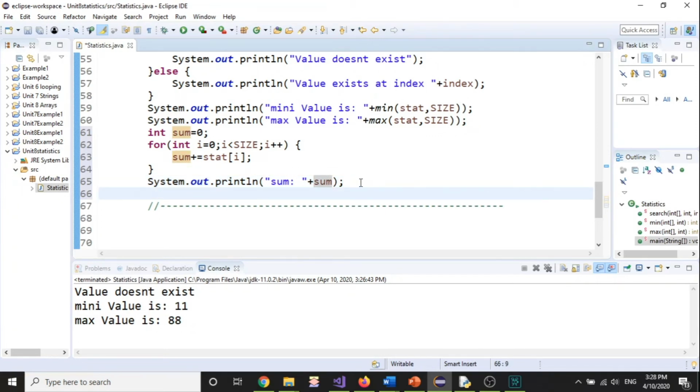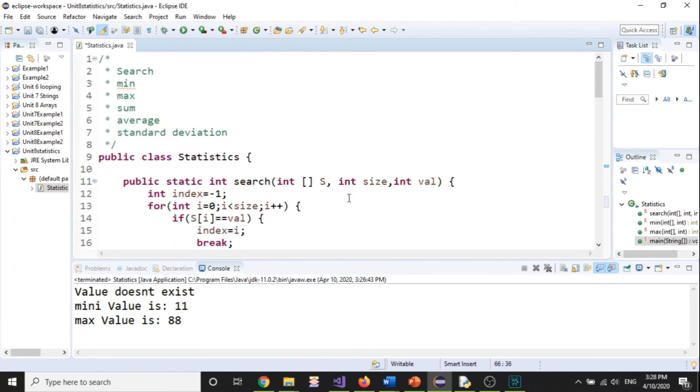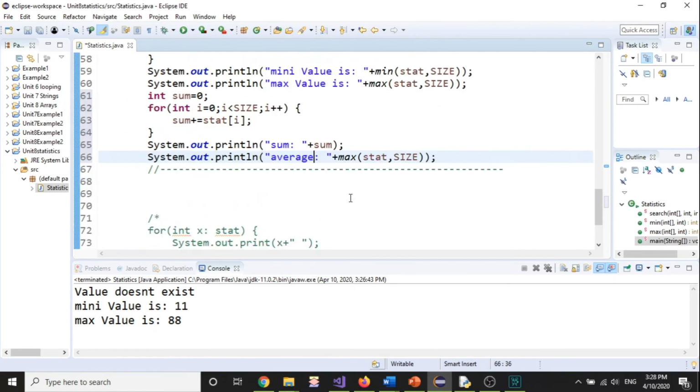Now if I want to calculate the average, and this is a place where a lot of people make mistakes. Average. Now look what I'm going to do here. If I come here and type sum divided by size, that's basically how I calculate the average, the summation of the values divided by the size. But remember, size is an integer and sum is an integer by itself. So I'm dividing integer by integer, so the average is going to be an integer, but again, it should not be an integer. So what I'm going to do,